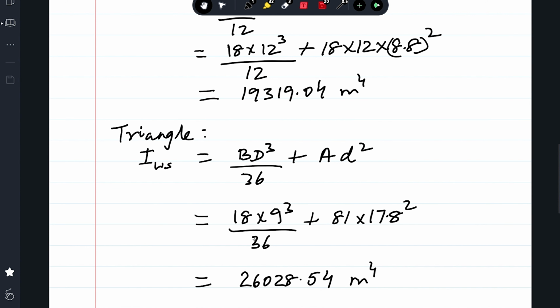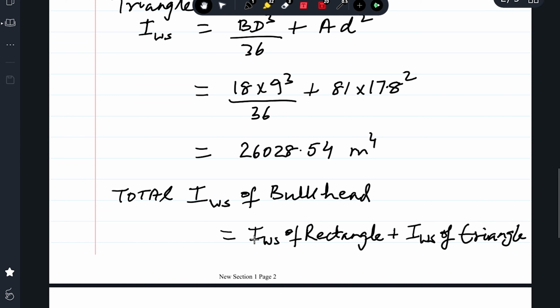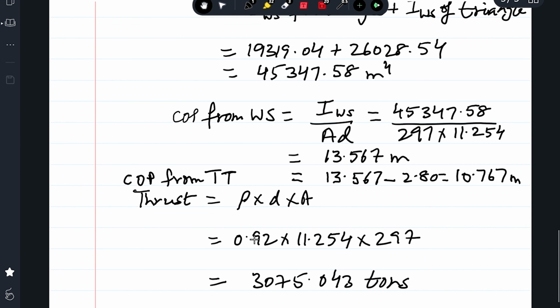What's the total moment of inertia of the bulkhead? I of the rectangle about the water surface plus I of the triangle about the water surface. We add the two and you get 45347.58 meters to the power 4. This is now the moment of inertia of the entire bulkhead about the axis which is passing through the water surface,